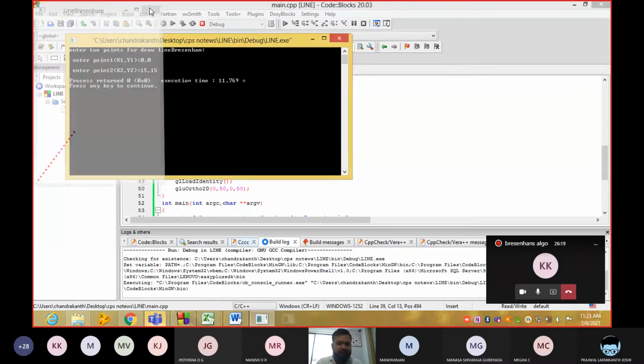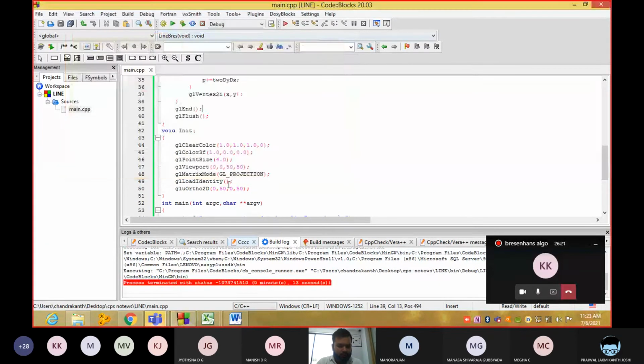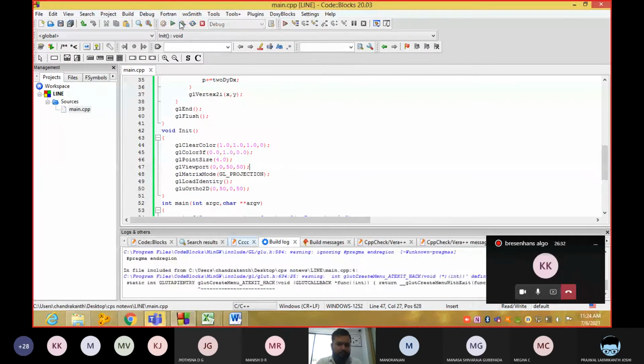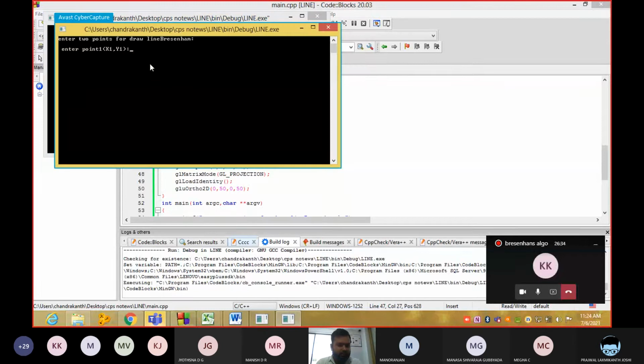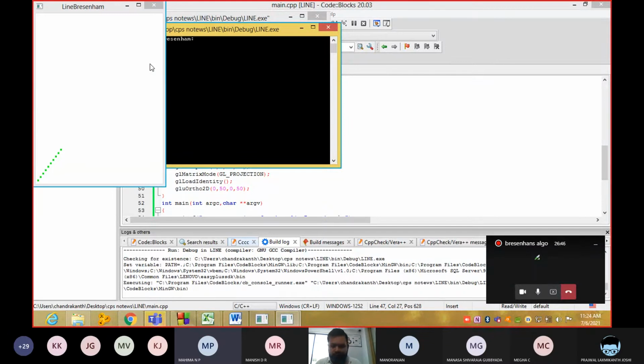If you want the same line in green color, what we do is we need to set this bit to 0, 1, 0. Now the same line we are going to get in green color, guys. We got the same line in green color.